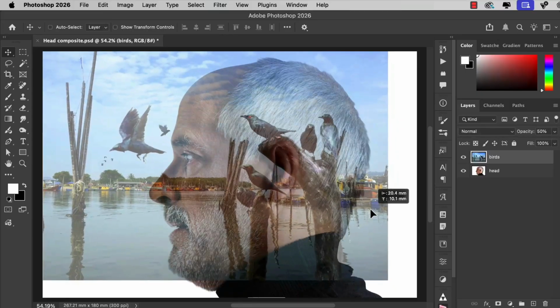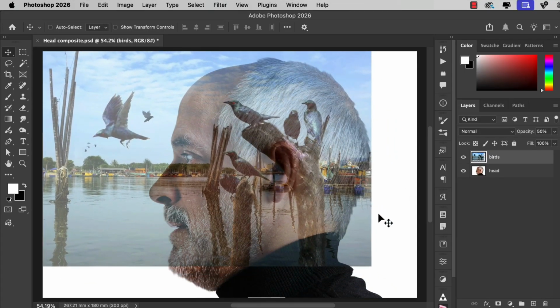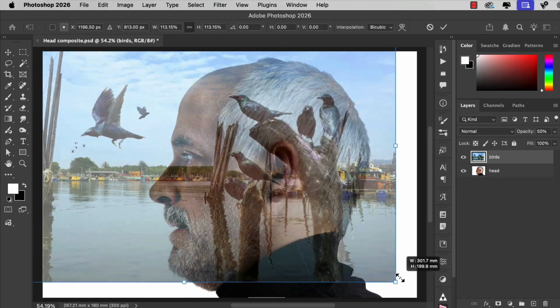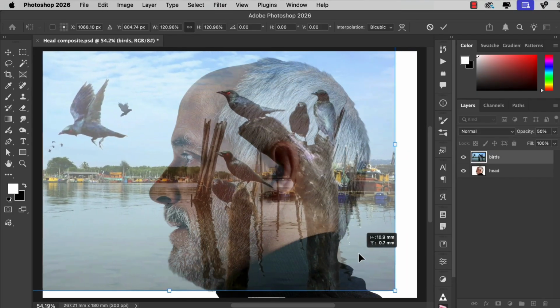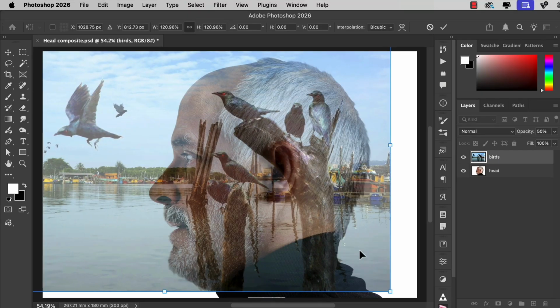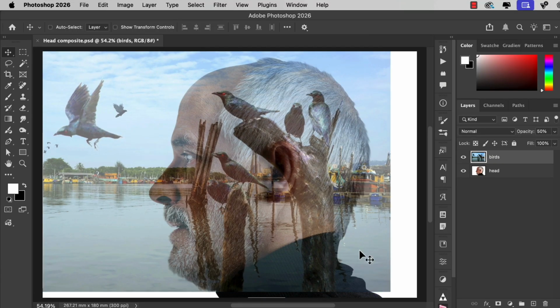Let's move this into place and we'll use free transform, that's Command T on a Mac, Control T on a PC, to make them slightly bigger. And when you're done, hit enter. We can now return this to 100% by pressing the 0 key,